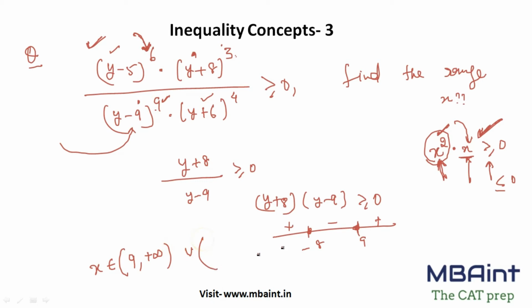Then, can I include minus 8 here? Yes, it doesn't impact my denominator, so this is going to be negative infinity to minus 8. I can keep it in the square bracket, and that's it. You just had to ignore the even power. Why? Because even power does not contribute to the sign here. That's the logic. So whenever you see the even power in the fraction, just ignore that and keep in mind that your denominator should not be equal to 0. That's it. Keeping two conditions in mind, these questions are really a cakewalk. I hope this is clear. Let's move to the next question.